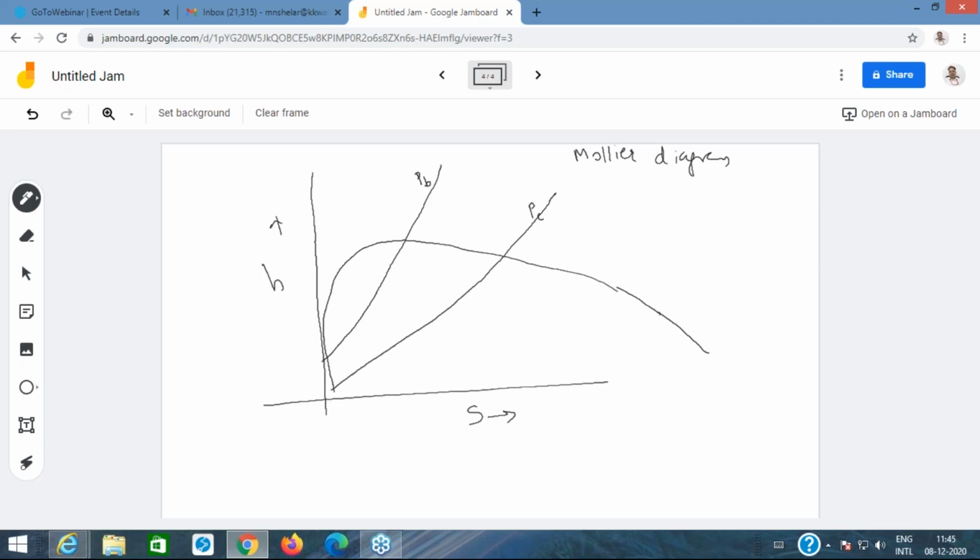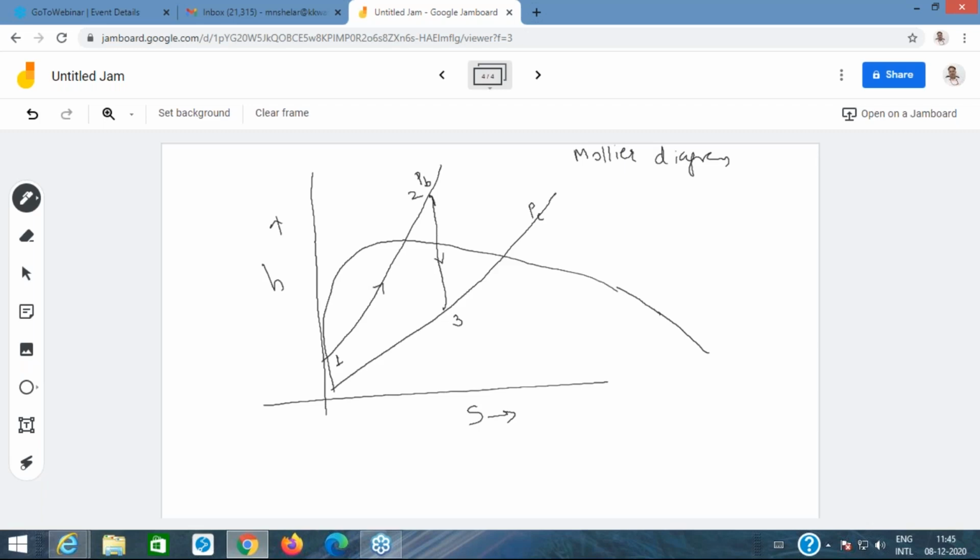Now the steam is superheated in the boiler, and there is a heat addition. So let us say this is your 1 and this is your 2. So the pressure remains constant. This 1 to 2 is a constant pressure heat addition in the boiler, and 2 to 3 is a vertical. Why is it vertical? This is vertical because the entropy remains constant, and I am drawing an enthalpy entropy diagram. The enthalpy drops down because there is an expansion in the steam turbine. The enthalpy increases because there is a heat addition in the boiler, right?